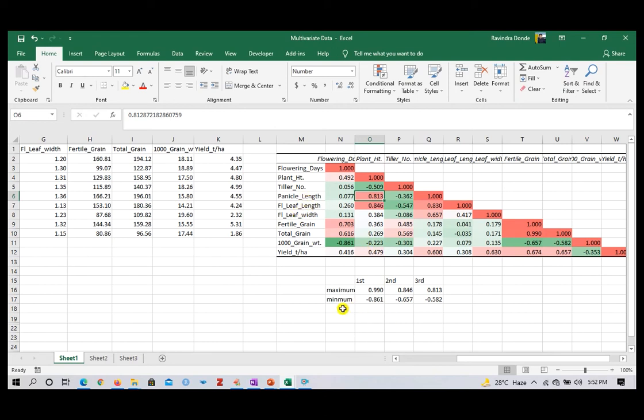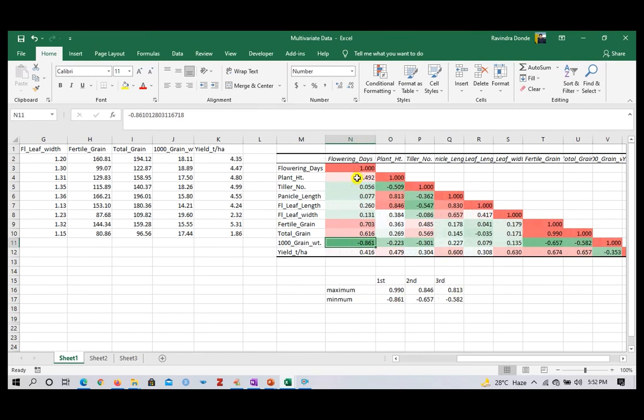Likewise, the minimum correlation was observed in the top three variable pairs. In this case, we find the minimum is flowering days with 1000 grain weight, followed by these and these.